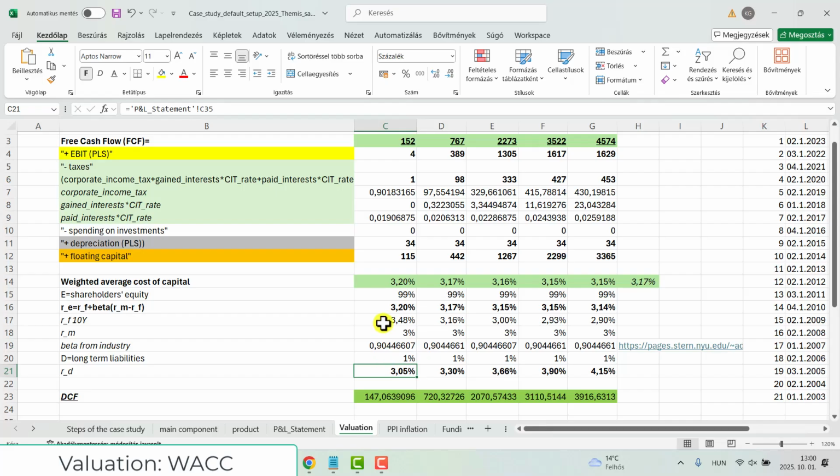What we need is the expected rate of return from the equity. For that we should use the capital asset pricing model, and in this case we need the risk-free rate from 10-year government bonds. It's way better than 1 year because it fluctuates less, so it's more stable. We need the market return, and we need beta from the industry, from the Damodaran database, so we can just pick up